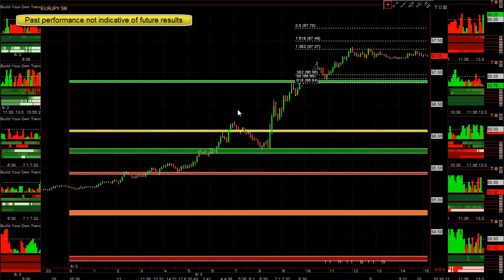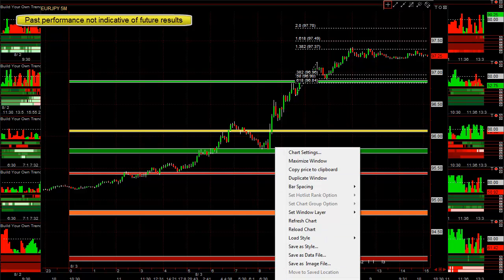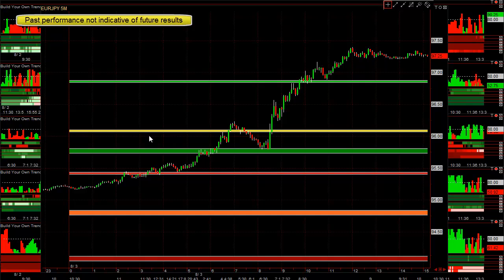And if a level gets broken and it comes back down and retests it, it's going to be support like it is right here and like it is right here. And now you know why I'm willing to spend 10-15 minutes putting these levels up on our server every night, so that you can have these on your charts without doing any work,